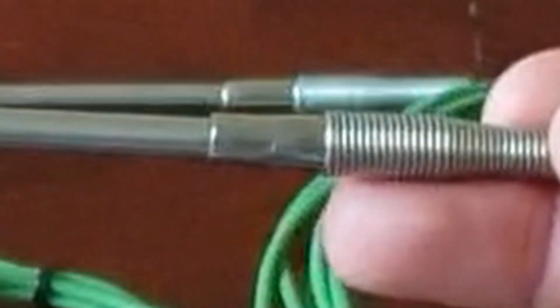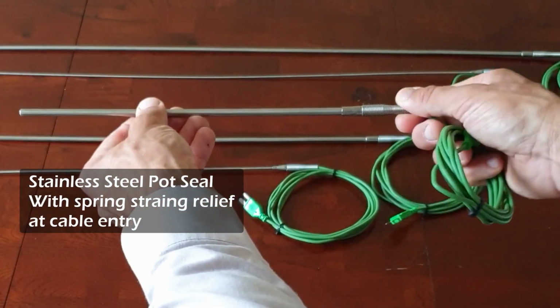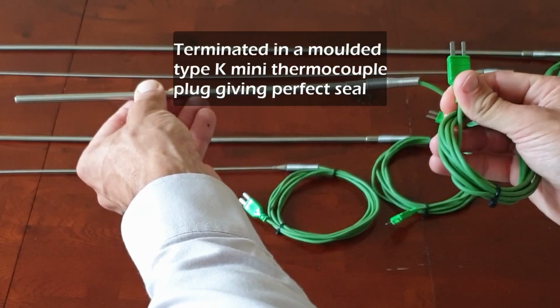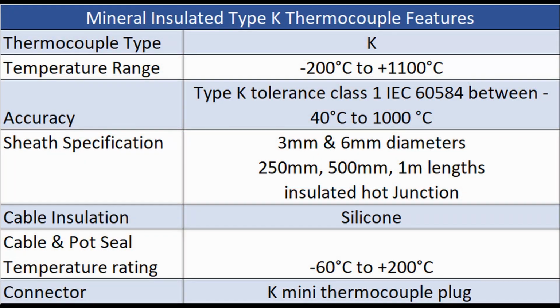The cable is terminated onto the probe and covered by a stainless steel pot seal with a spring strain relief at the cable entry. The other end is terminated in a molded Type K mini thermocouple plug, giving it a perfect seal. In terms of specification, it's a Type K thermocouple with a temperature range of -200 to 1100 degrees Celsius, and it follows tolerance class 1 of IEC 60584 from the temperature range of -40 to 1000 degrees Celsius. The sheath material is a mineral insulated stainless steel,